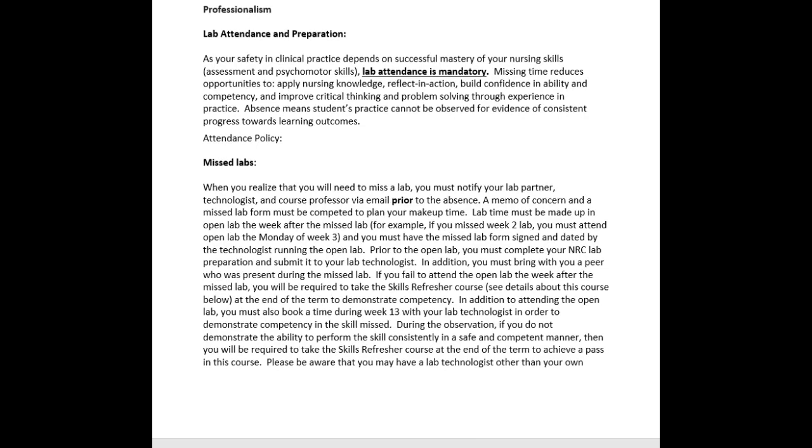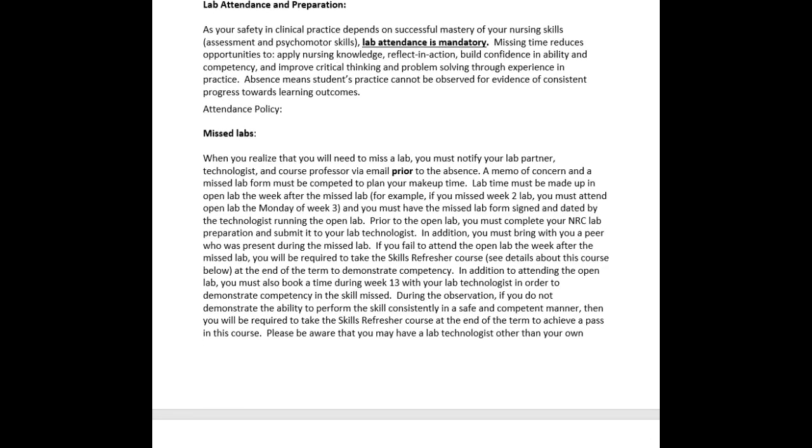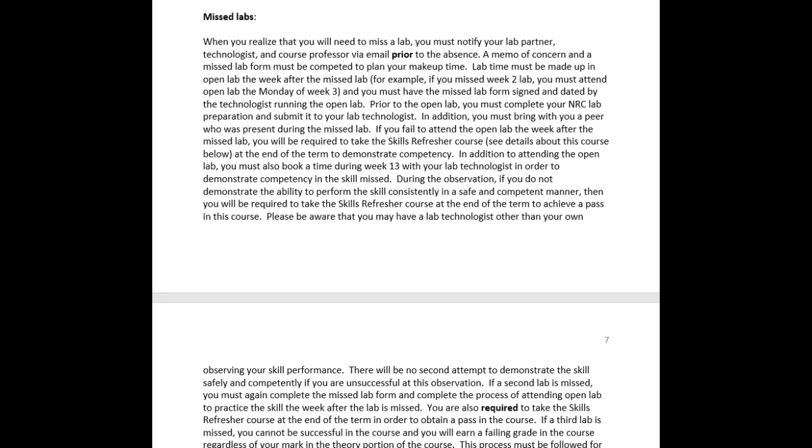The other thing that I want to point out is that lab attendance for this course is absolutely mandatory. Any missed time in lab has to be made up, and there's a process for how this occurs. Your safety in the clinical practice as you enter into that next term will really depend on your ability to master and safely perform your nursing skills. And so attendance at lab will help you to be able to do this. Please read the missed lab policy and forms, because this is really important that you know these in advance